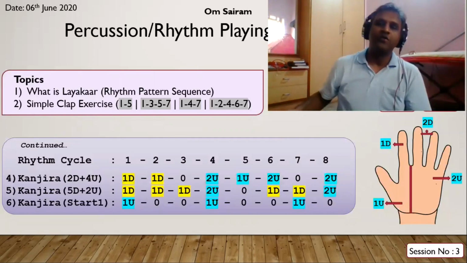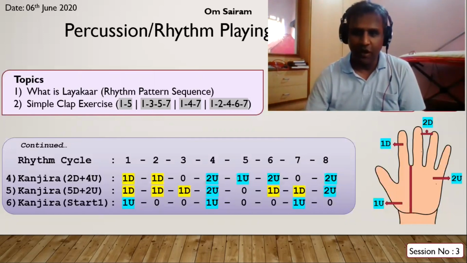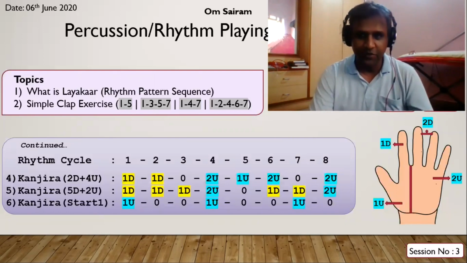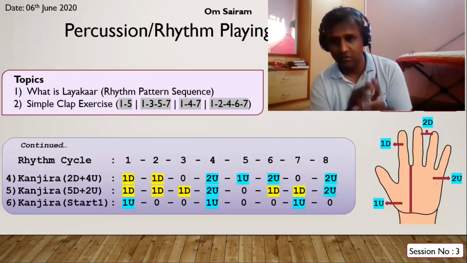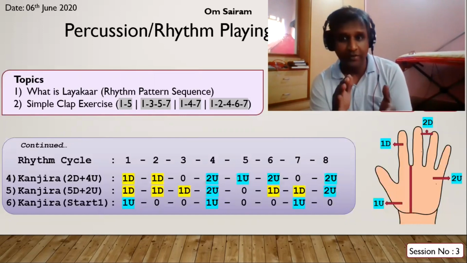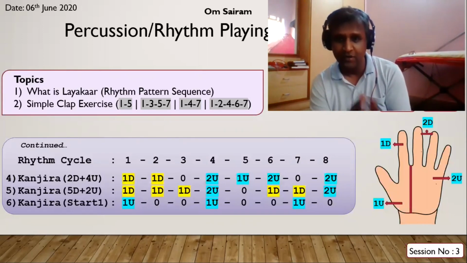So how do you fix the groove? How do you know what the groove is? When you sing a bhajan, you should know to clap first. The first basic clap, or talam, has to be known. So Guru Devaya Namo. I'm clapping on a rhythm, and the clap has to be one, the first clap of the line when you're clapping.